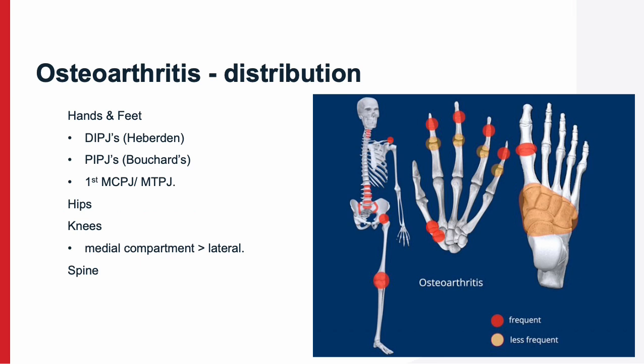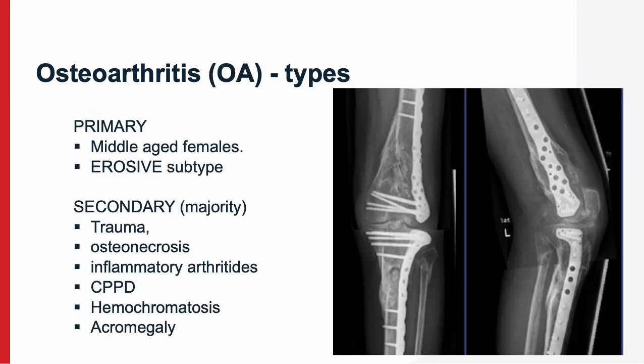The distribution of osteoarthritis we've already talked about, classic distribution pattern. Now the causes, the one we all think of when we talk about osteoarthritis is a primary OA occurring in middle-aged females. There is an erosive or inflammatory subtype we'll talk about in more detail, but secondary OA is actually more common. A number of causes including trauma, so you can see this X-ray here with prior fractures involving distal